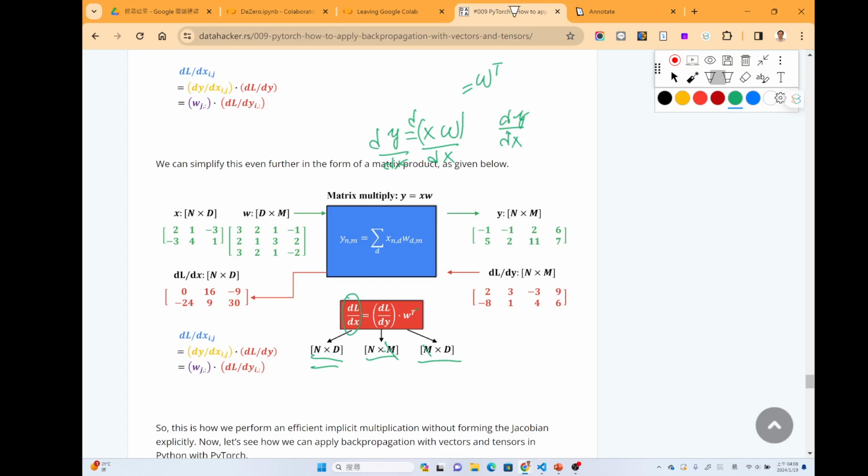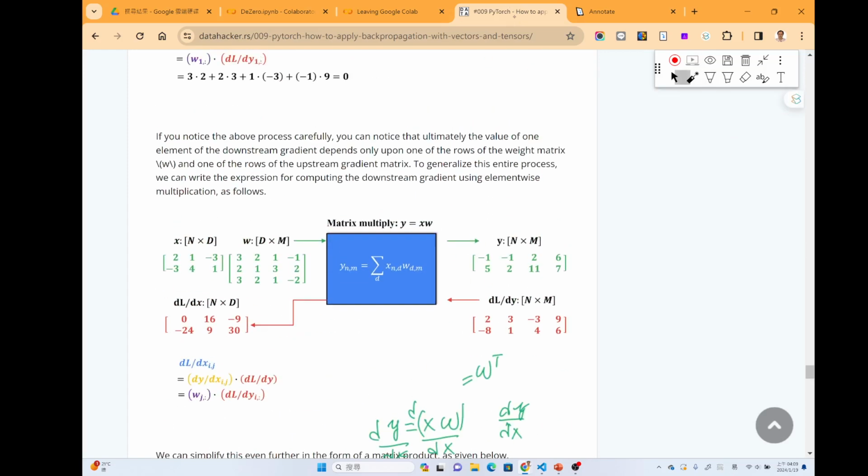Okay, so the necessity of the transpose can be decided in two ways. First, we can just follow the procedure above to write down the formula of the W and the dl dy here, and then we know that we need a transpose, to match the inner product to become a matrix multiplication.